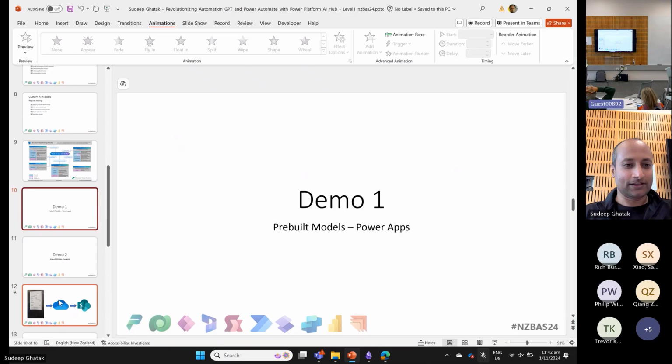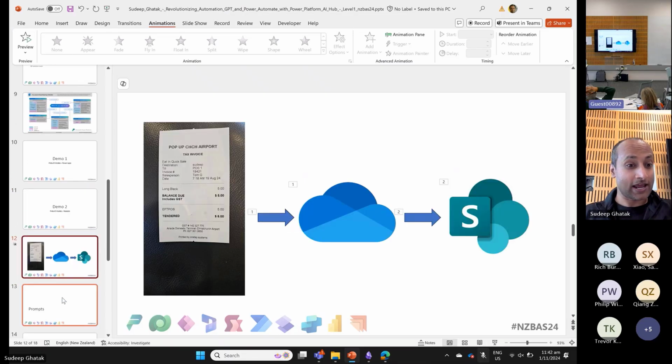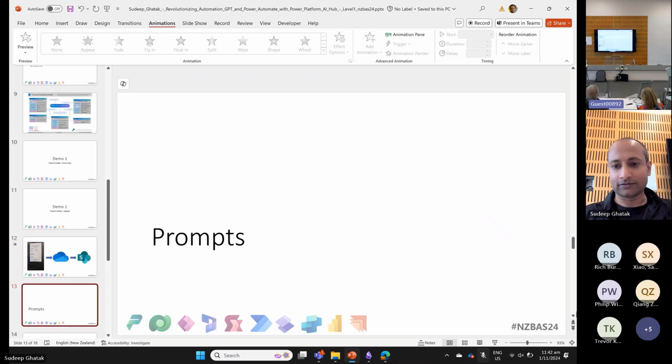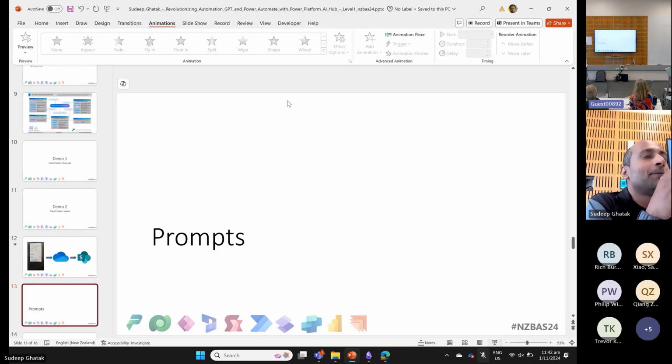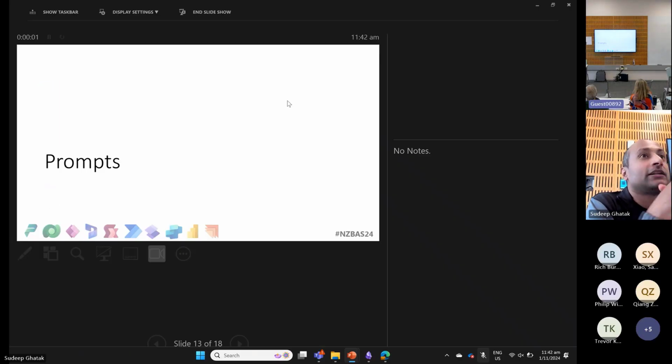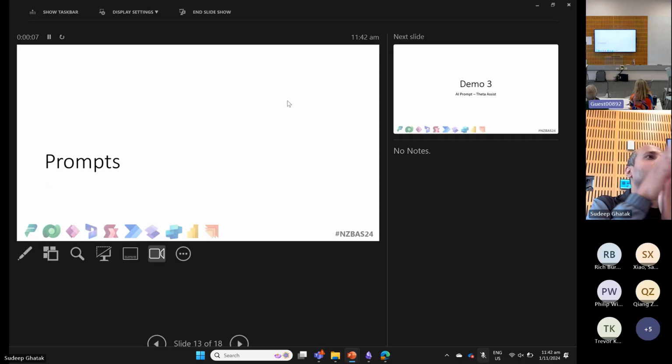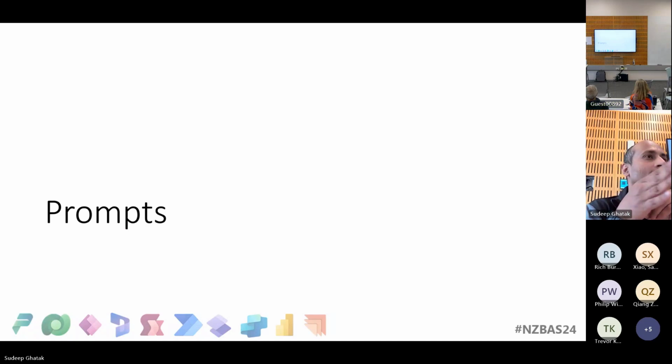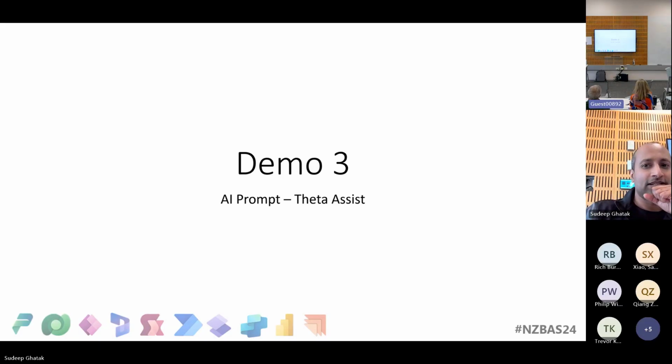Okay, so what I have covered so far are the models, which are the pre-built models. But now what I'm going to cover are the prompts. So I'm getting into the realm of large language models now, and how we can use the large language models for our use case. So the first use case I have here